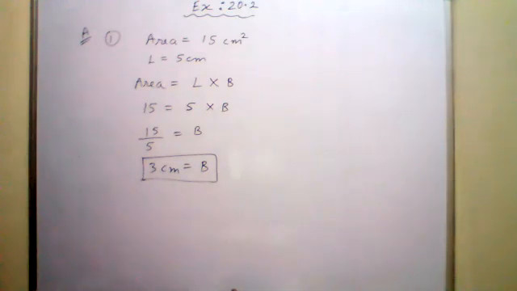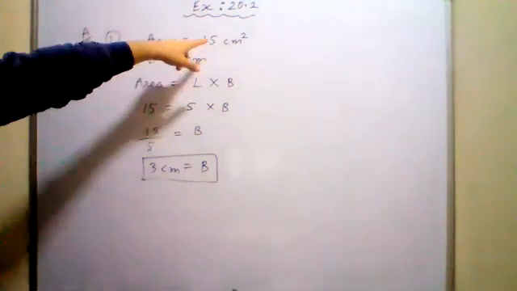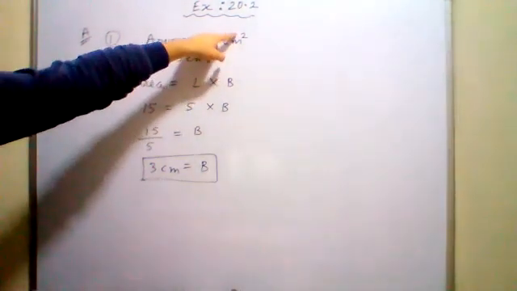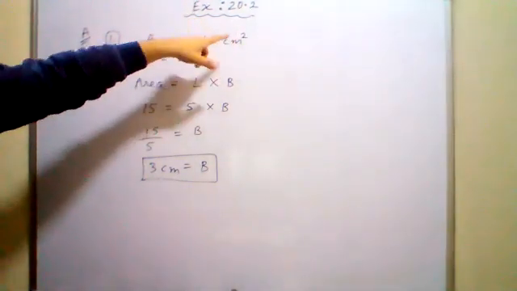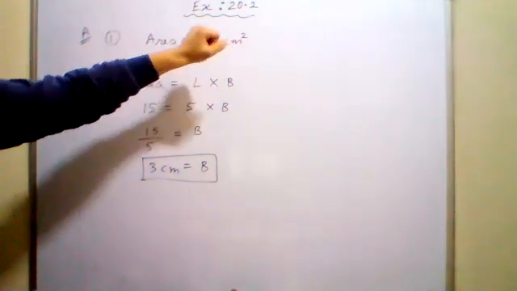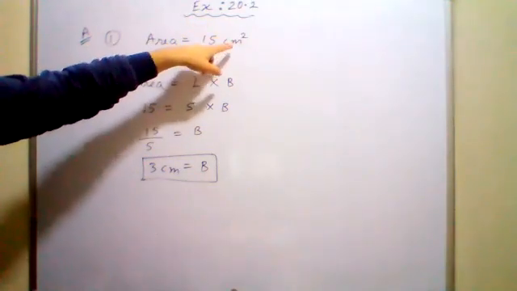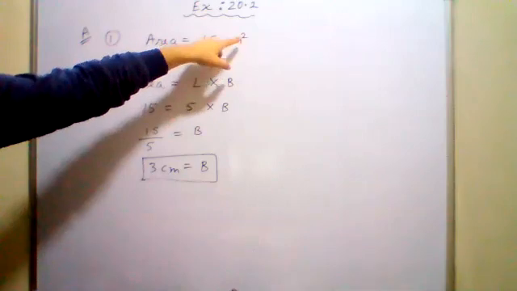Sir, in the first line of this sum, there is written area equals to RHS 15 cm. What is this square? This is known as 15 centimeter square. This is the unit of